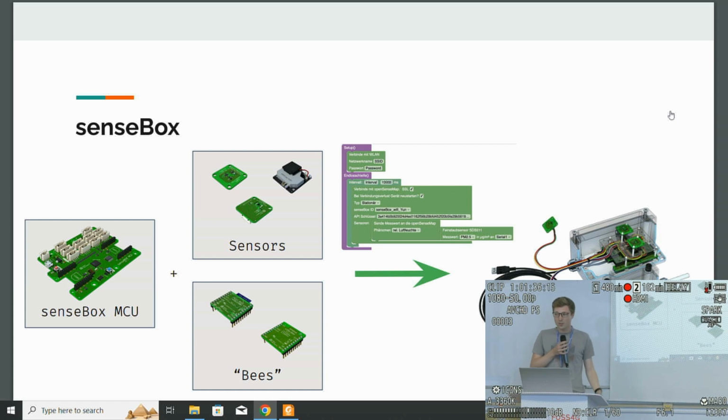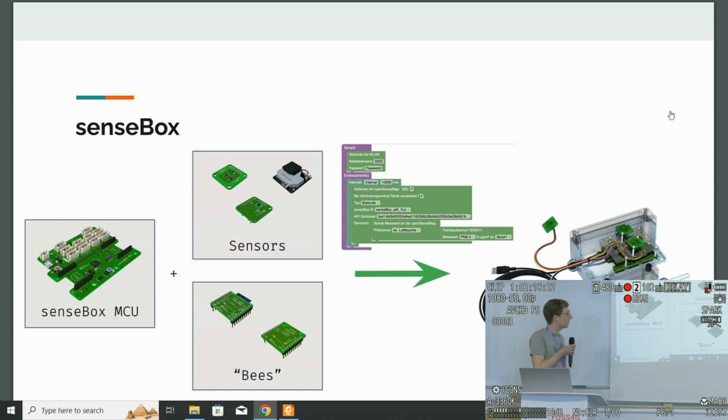For the SenseBox, you start with a regular microcontroller. They're pretty cheap, pretty easy to use now. You have different sensors for the regular environmental phenomena, but you can also extend it with water temperature, pH values, and then for the SenseBox, you have these bees, which are our data connection modules. So if you want to send Wi-Fi, there's a module for it. For LoRa, for saving to an SD card, for sending data through Ethernet, so if you have a wired connection available,